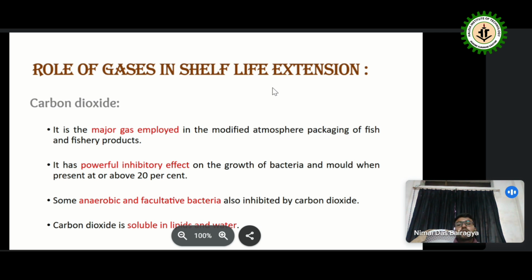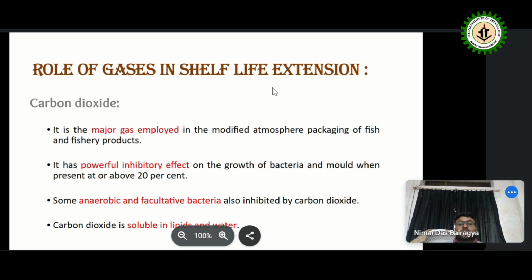At first, the role of carbon dioxide in modified atmosphere packaging. Majorly, carbon dioxide is used in the packaging of fish or fishery products. In this packaging, we decrease the oxygen level. As we know, in general in the atmosphere there is 20.60% oxygen present, but if we decrease the level of oxygen and increase the level of carbon dioxide, the shelf life of fish or fishery products therefore increases. And the microbial growth, some types of